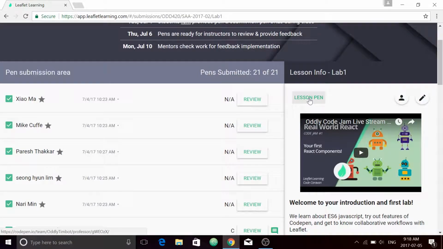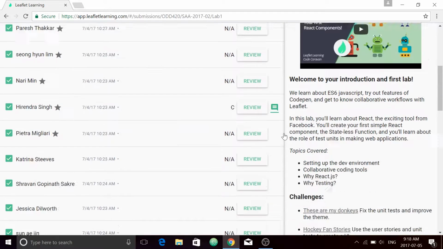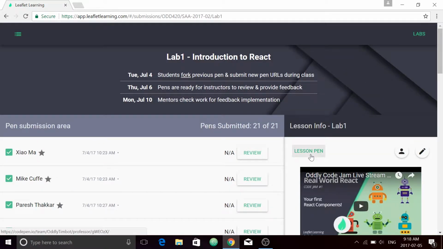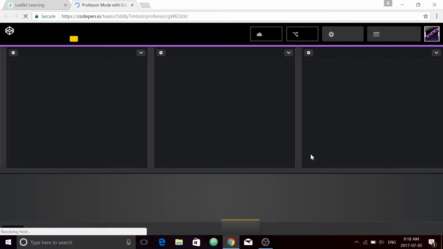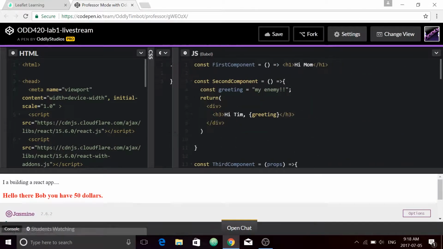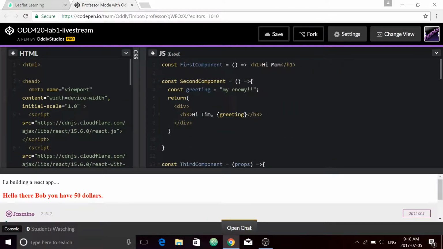Let's bring up the lesson pen here. You can see we've filled up nicely with students here. Got a lot of people wanting to learn React. If we jump into the lesson pen, we can see that over here in the JavaScript, we've made some simple